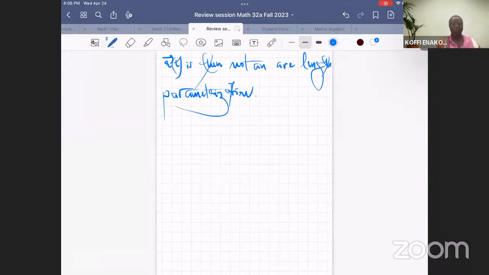If it were the case, then the speed, which is the magnitude of the derivative of the parametric equation, would have been equal to 1. Then next question, find the arc